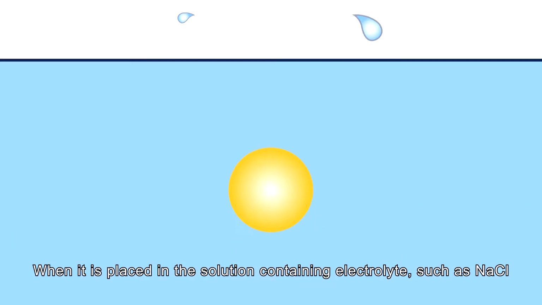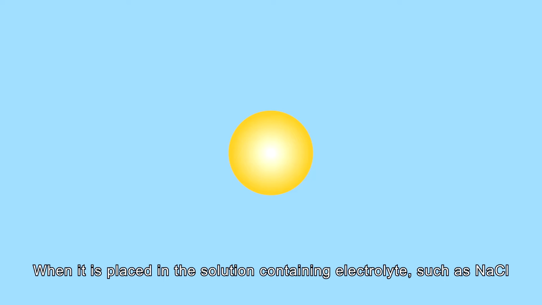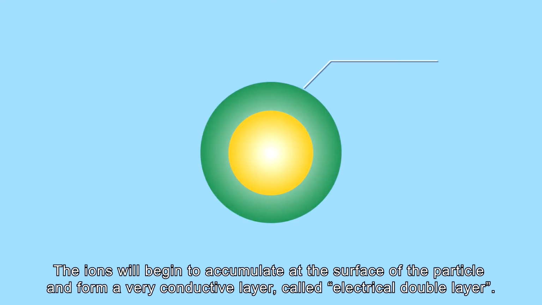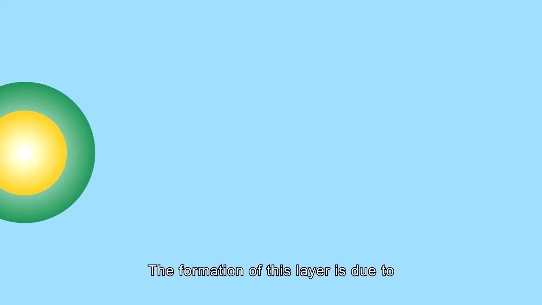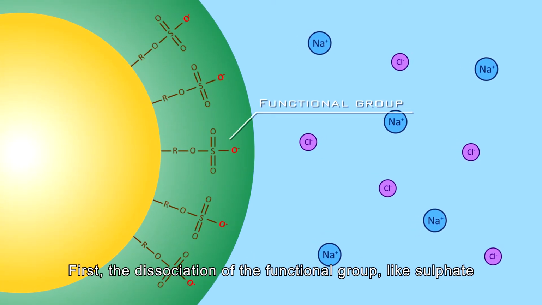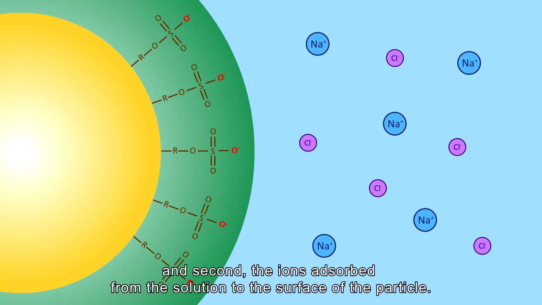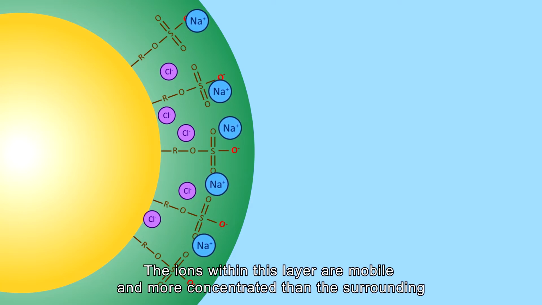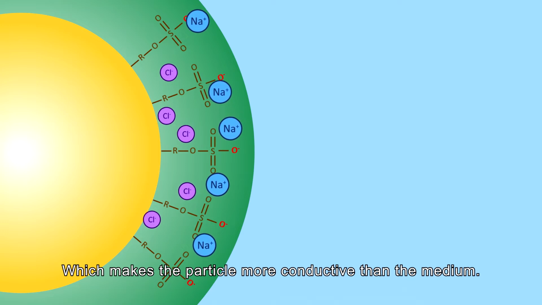When it is placed in the solution containing electrolyte such as sodium chloride, the ions will begin to accumulate at the surface of the particle and form a very conductive layer called electrical double layer. The formation of this layer is due to, first, the dissociation of the functional group like sulfate, and second, the ions adsorbed from the solution to the surface of the particle. The ions within this layer are mobile and more concentrated than the surrounding, which makes the particle more conductive than